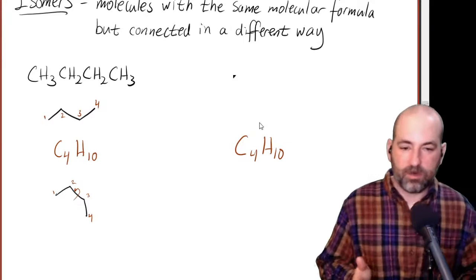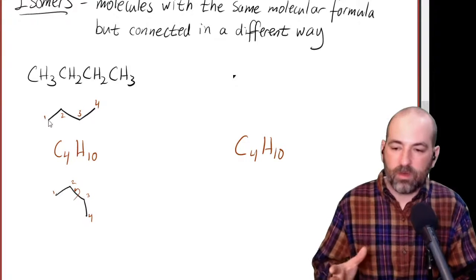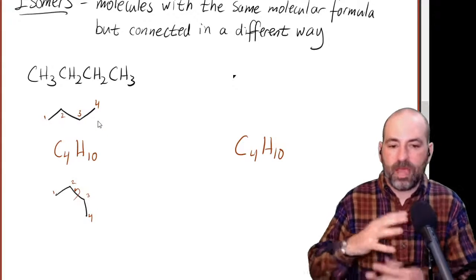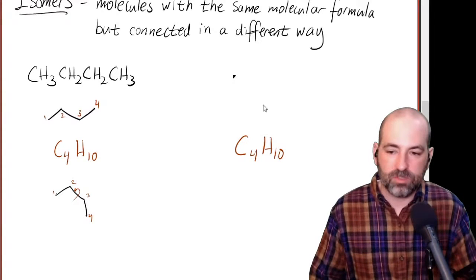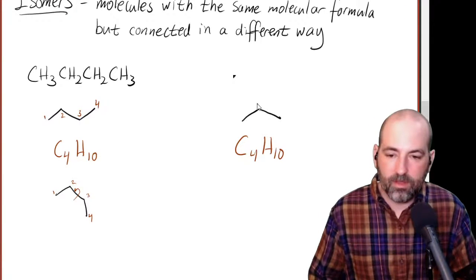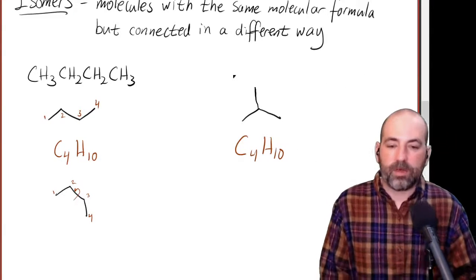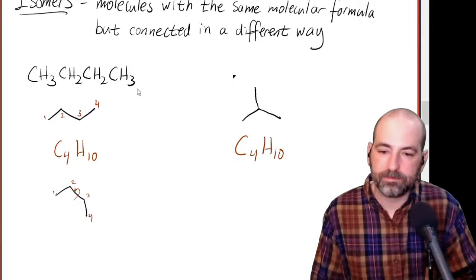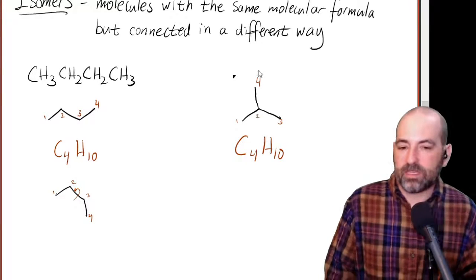So when we think about an isomer, something that's connected differently, it has to be connected in a totally different way. Carbon 1 cannot be connected to carbon 2, to 3, to 4 in that order. There has to be a different way. And so these are often hard to see, so I'm going to show you this one. Take a look at that structure. And we're going to talk about how to draw it in a condensed structure as well. But this one now, we still have 4 carbons. But you can see how it's connected in a different way.